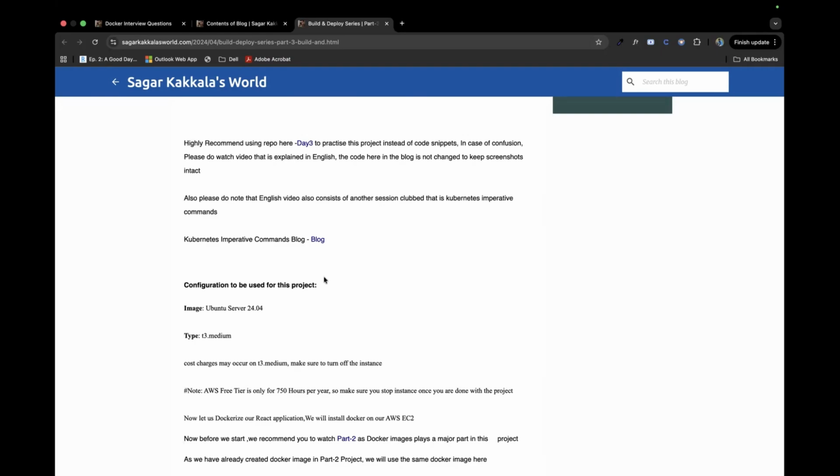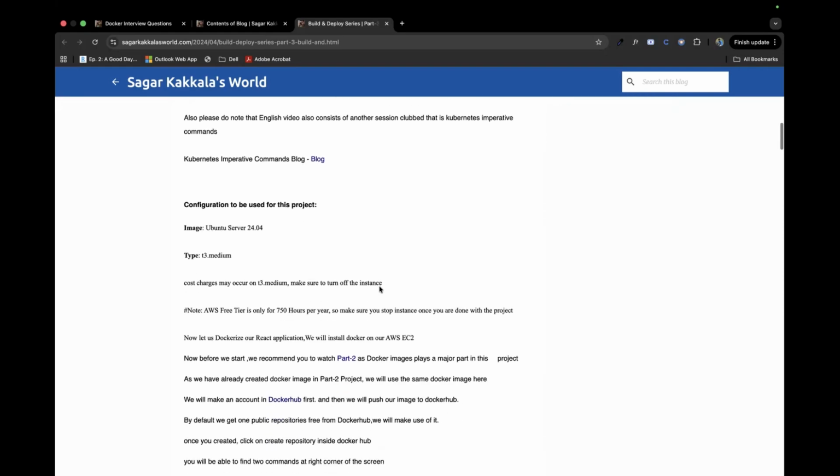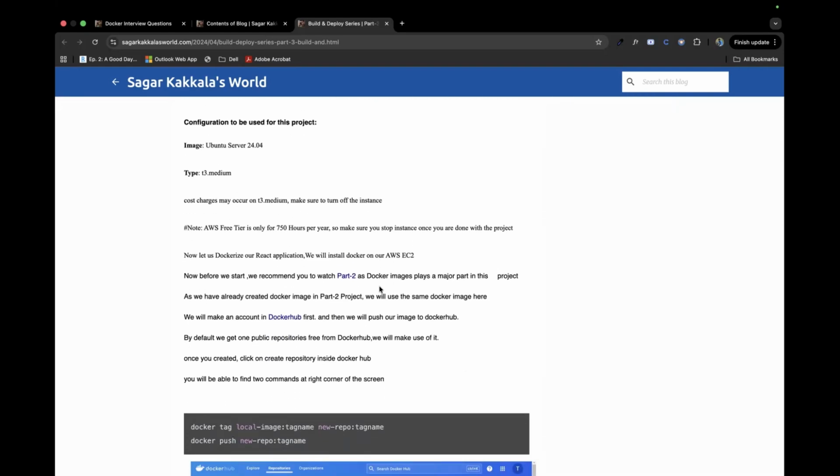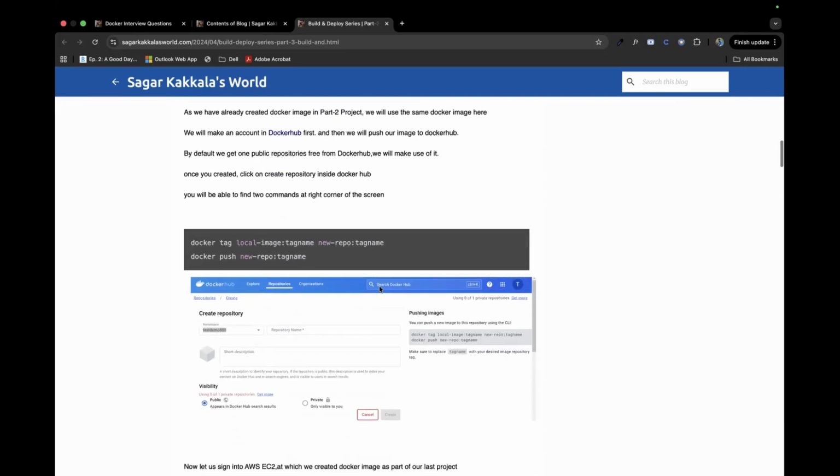For the next session, I'll cover how to install AWS EKS, how the master node and worker node work, and even how a Kubernetes upgrade is done in AWS EKS.